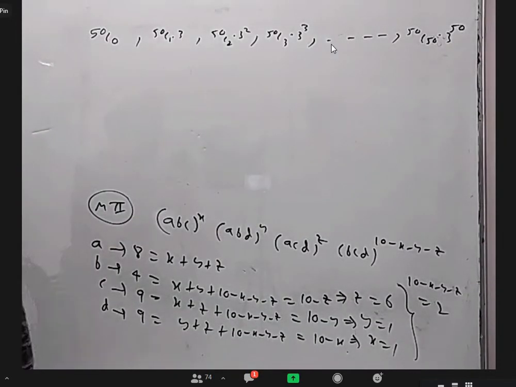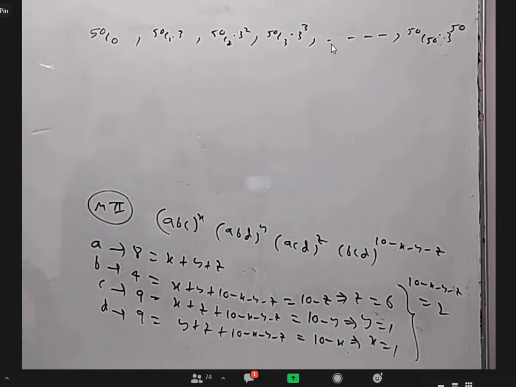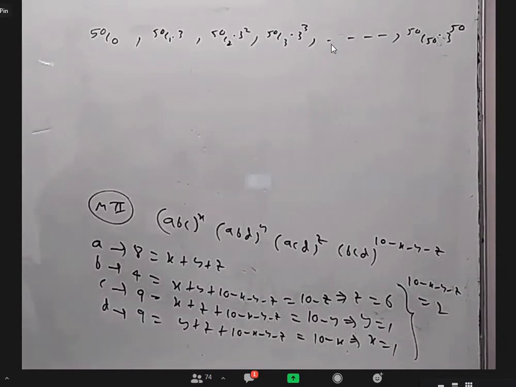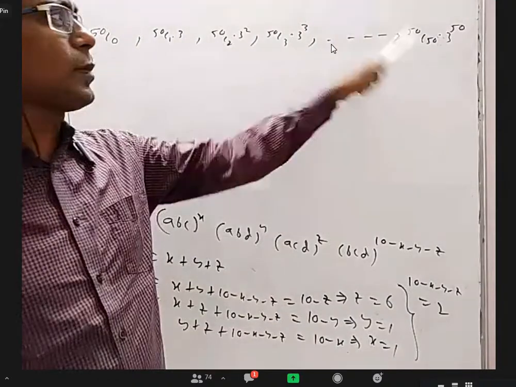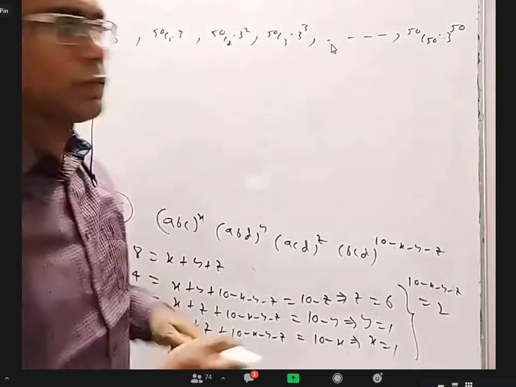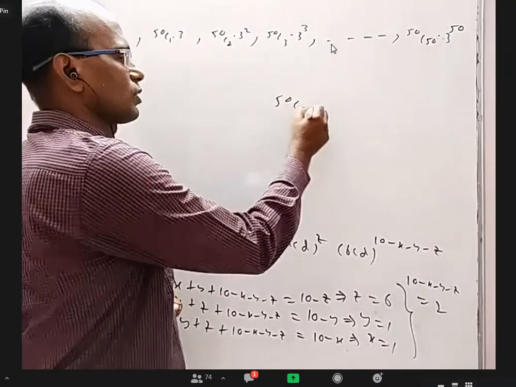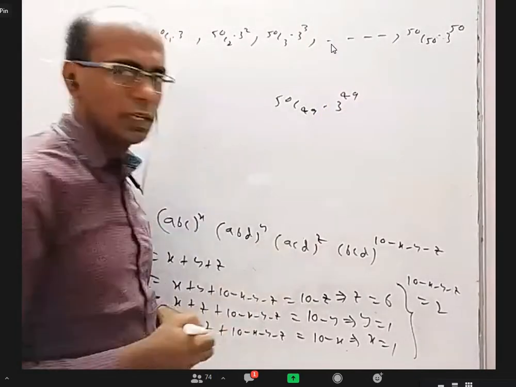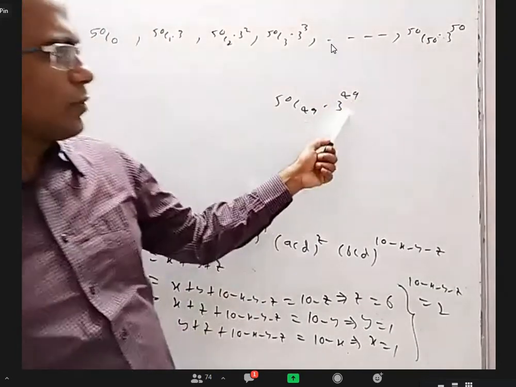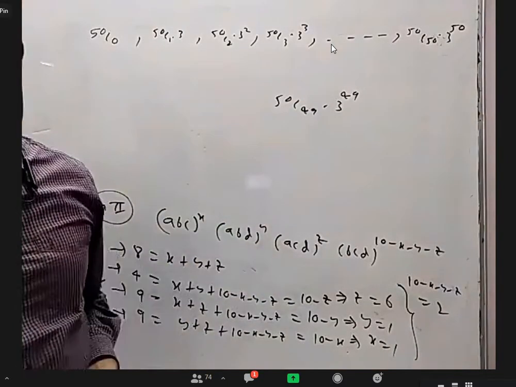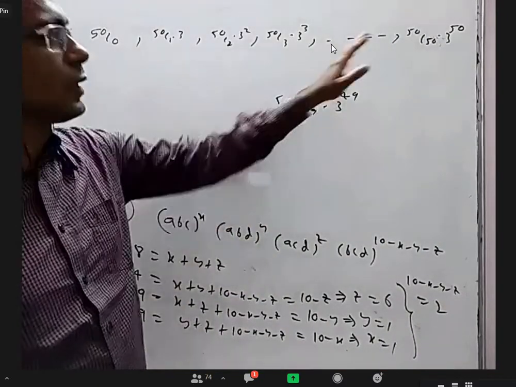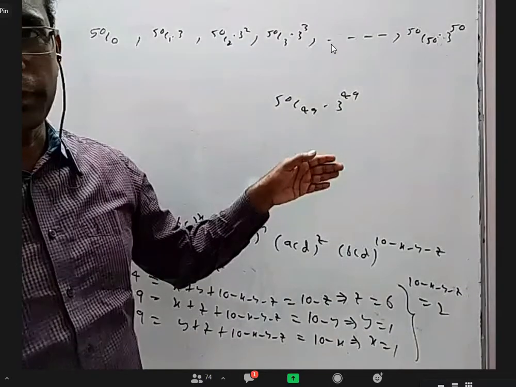Yes, sir. But what will happen because of this? Among these, which term will be the greatest? It may look like 3 power 50 is a very big number, but I think the previous term is much bigger than that. Why? The previous term is 50C49 into 3 power 49. Compared to this, it may be 3 less, but it is 50 extra, because 50C49 is 50. So this is bigger, and the previous one may be a little bigger still.